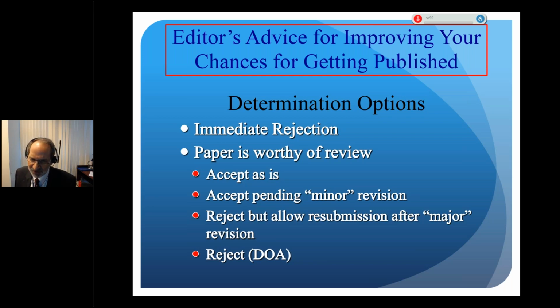If it's worthy of review, then it can be reviewed by the reviewers, and their suggestions go back to the editor, and the editor now has a choice. The paper's good enough as is to be accepted, and honestly, that's only a small number of papers. Most of them do need some revision. The paper is quite good, but needs a little bit of revision. Please add another reference, you used the wrong terminology over here, or explain to us how you only had 30% follow-up, something along those lines.